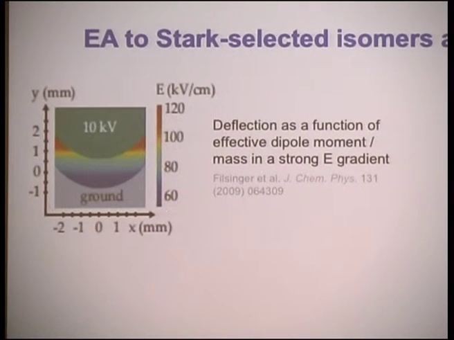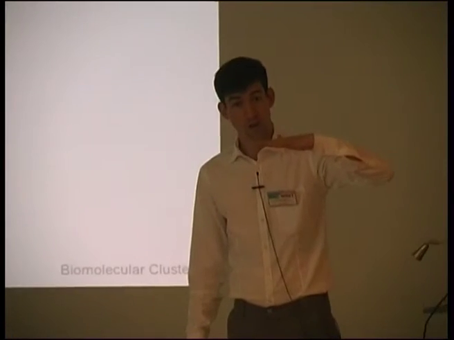You'll get some alignment of the neutral molecules in the field due to their dipole moments. Dipole moments will tend to align in the strong field. And then we have a very strong field gradient, so that over the actual scale of the molecule, one side of the dipole finds itself in a slightly stronger electric field than the other. And so even though the total charge of the molecule is neutral, you do get a slight deflection.